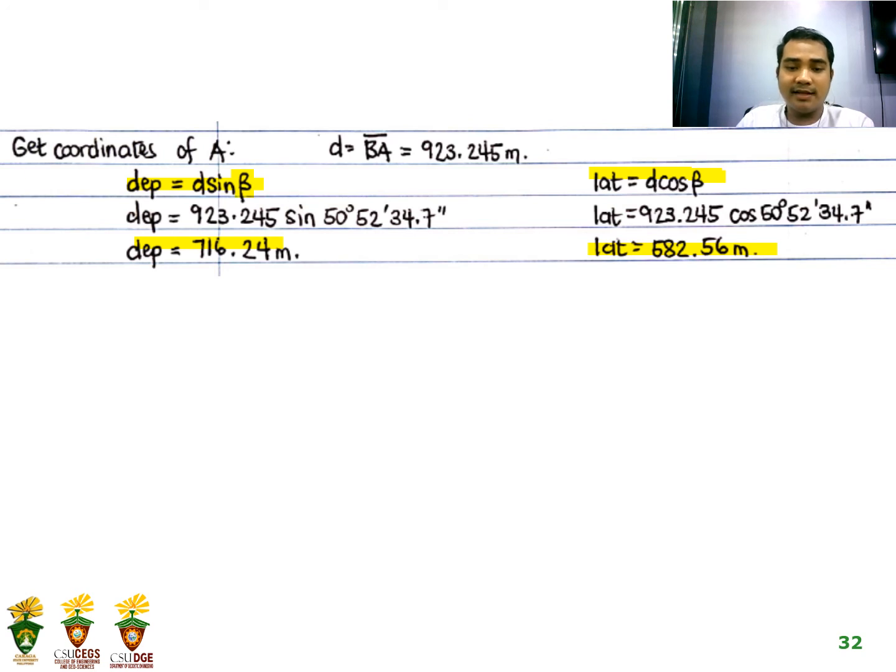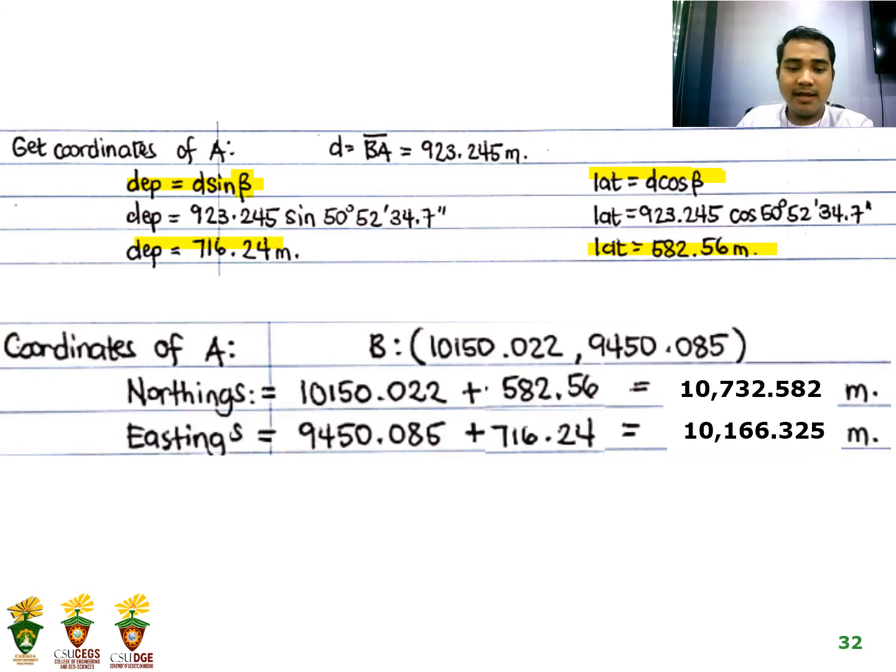So positive na tanan kinaa sa quadrant 1. So manang positive ang departure, positive ang latitude. Next is we need to determine the coordinates of A. From the given value of coordinates of B, which is 10,150.022 and